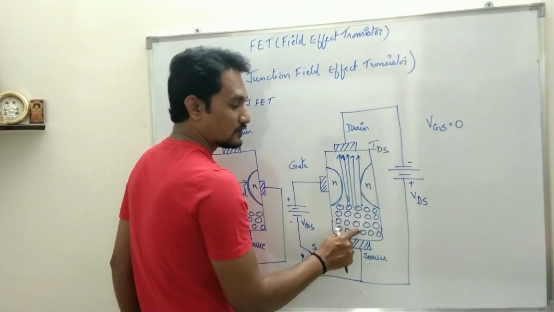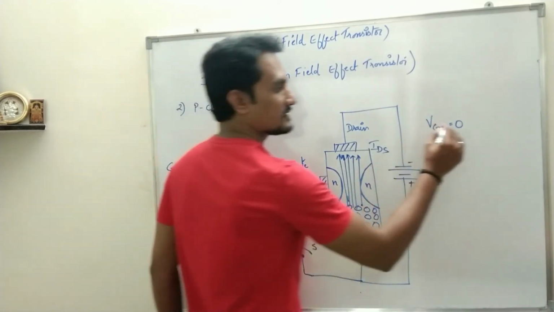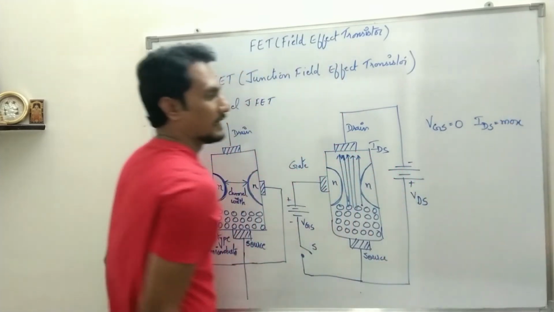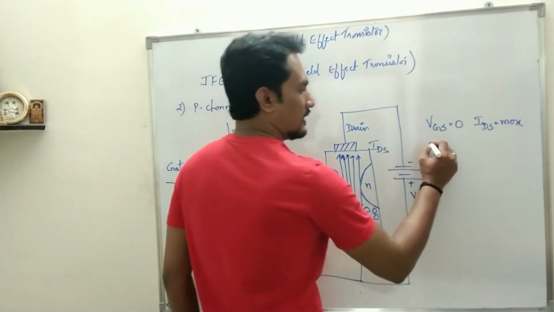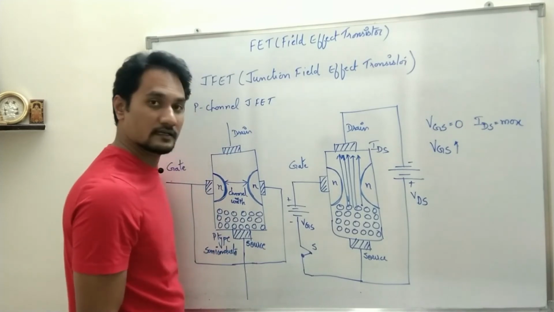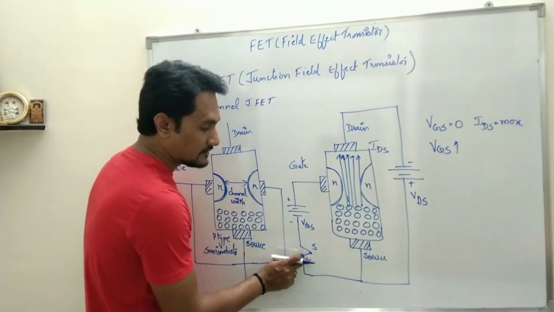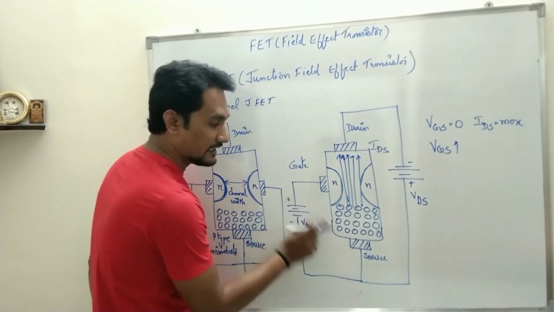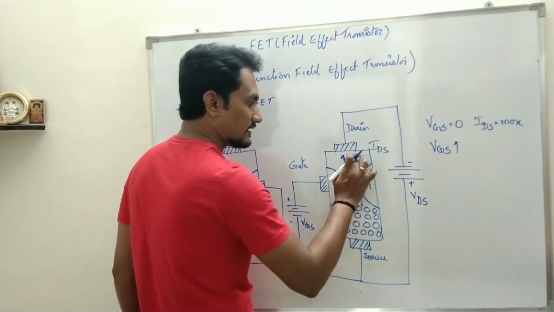This is the charge carrier which is moving from source to drain. We specify it as IDS. So when VGS is equal to 0, IDS is maximum. Okay, IDS is maximum. Now suppose we switch on this switch. As soon as the switch is on, there will be a reverse bias potential between gate and source. So what happens is the depletion layer